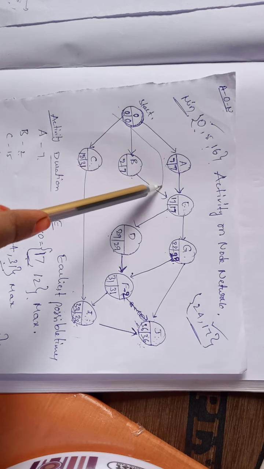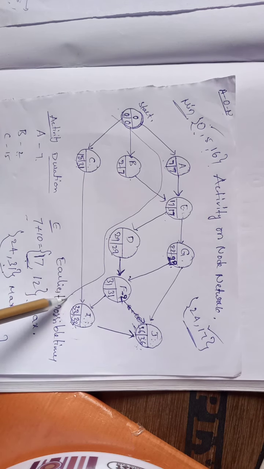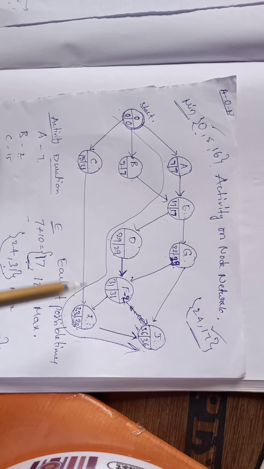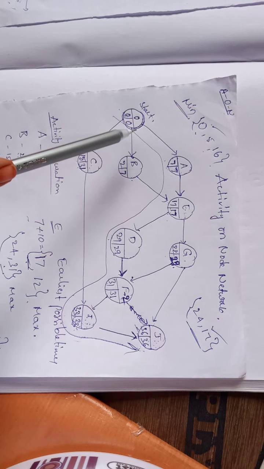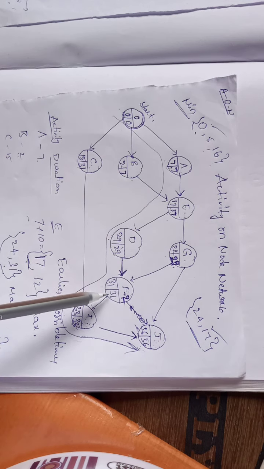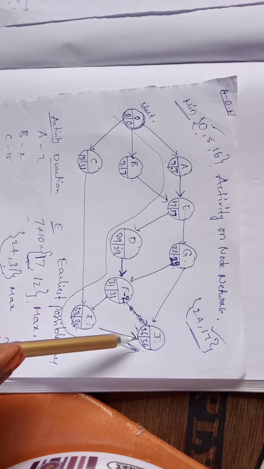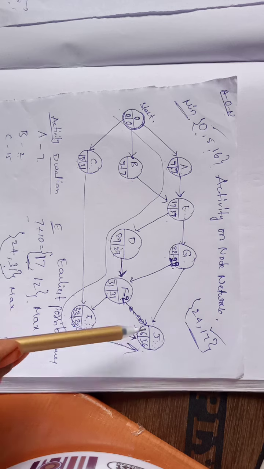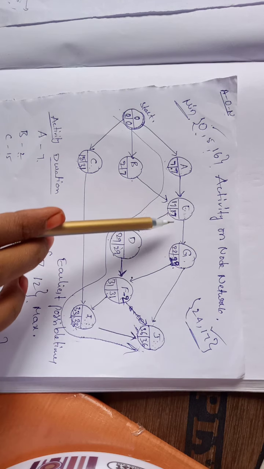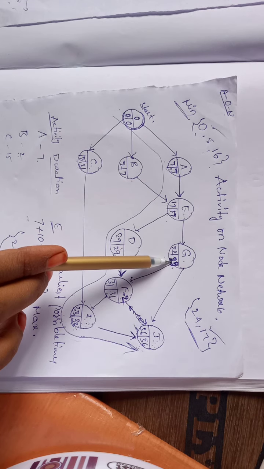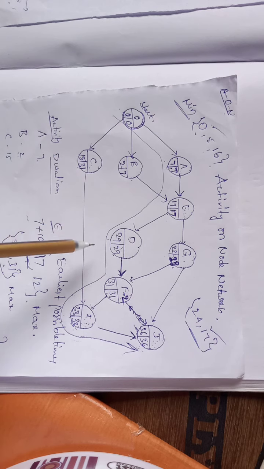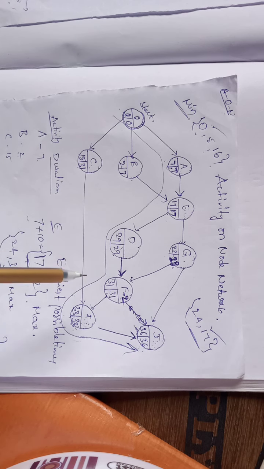So from this we can draw our critical path. Right, this is our critical path, activity A, E, D, F, I, J. This is the critical path, and our project duration is 36. And for the remaining activities we are having some slack. Okay, in this way we can estimate the critical path and project duration for the activity on node network diagram.